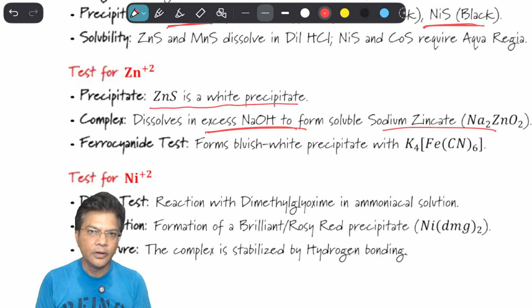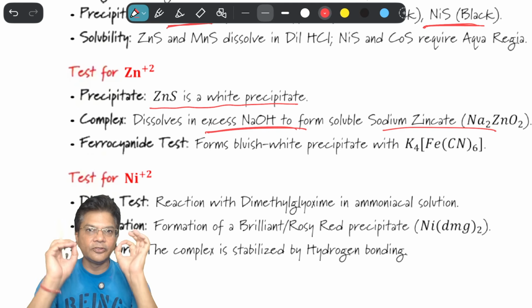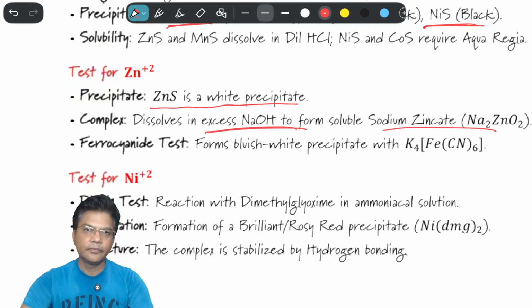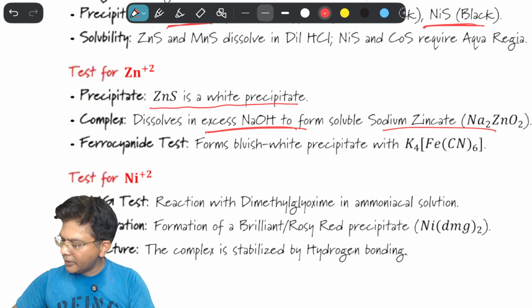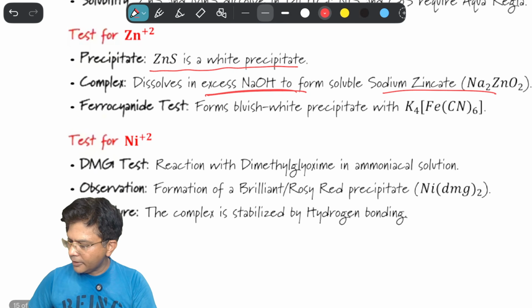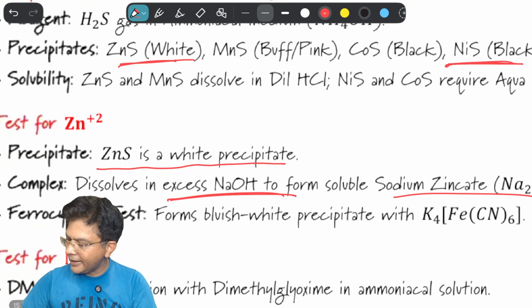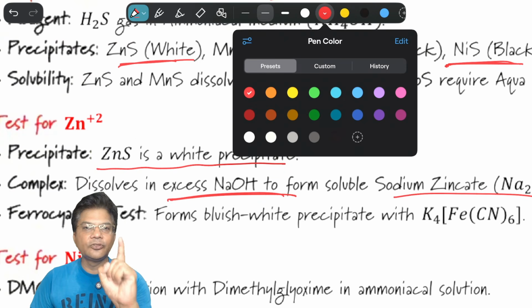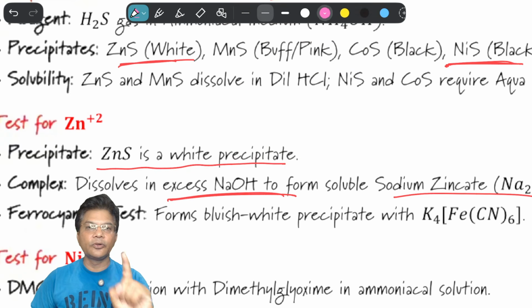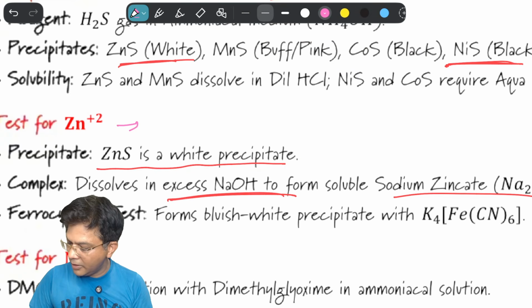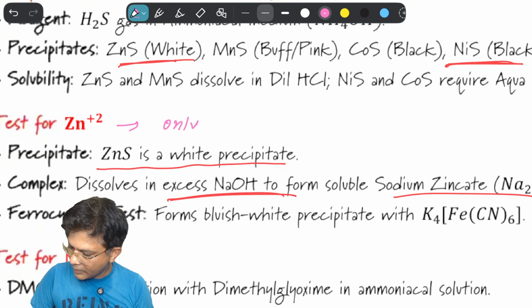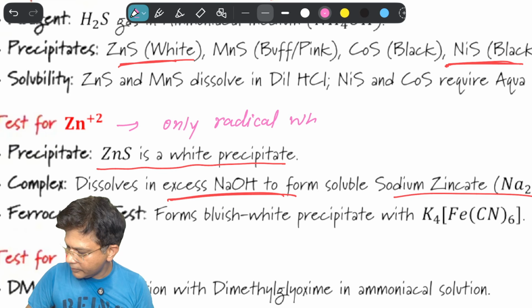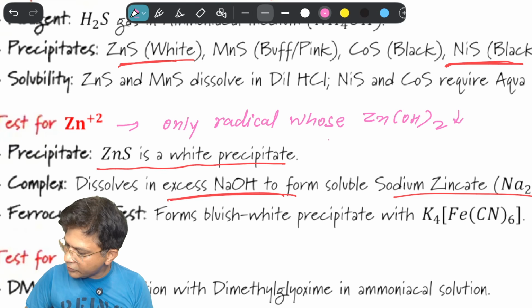Now this Zn(OH)2, this is the only radical in the world whom I am talking about. Zn2+ is the only radical in the world whose hydroxide is soluble in excess of sodium hydroxide as well as ammonium hydroxide. The only one radical in the world whose hydroxide, that is Zn(OH)2 PPT, is soluble in both